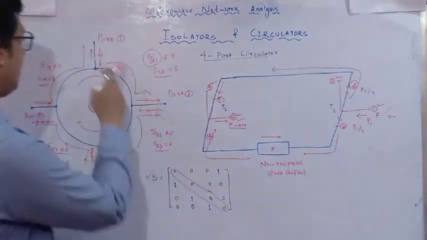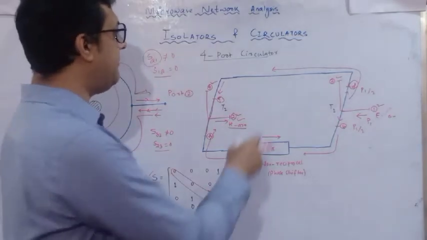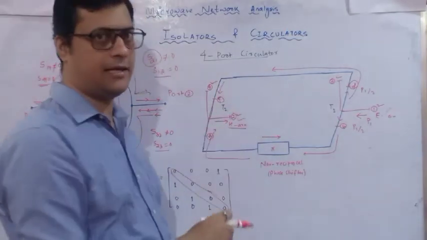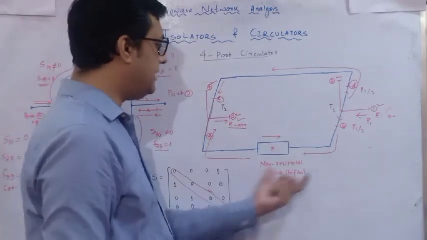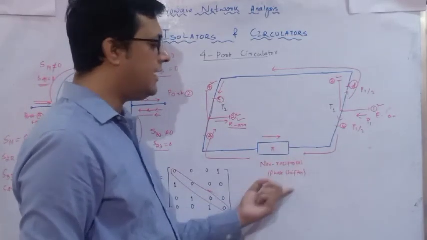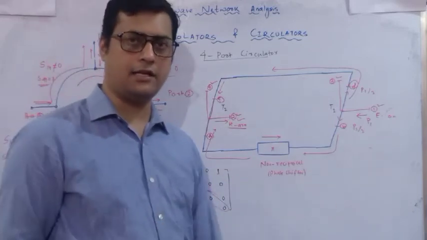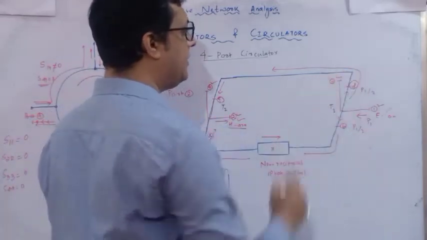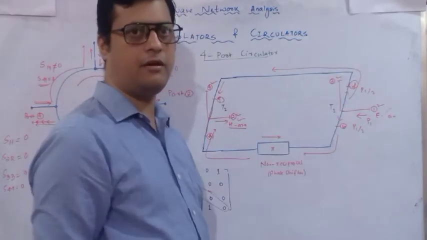But how it is not related with port 3? Let's see. So in port 3, if the power is reflected back, let us consider. If it is reflected back, the incident power is going to change with 180 degree. So cos of 180 degree it will come. Here we have, there is no phase shifter. So it will P1 by 2, some power will represent.